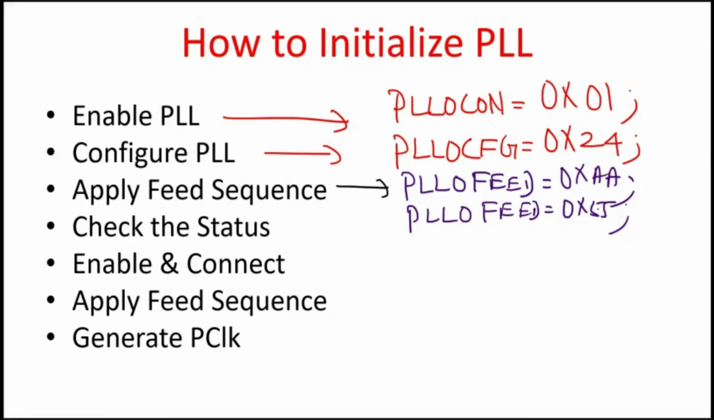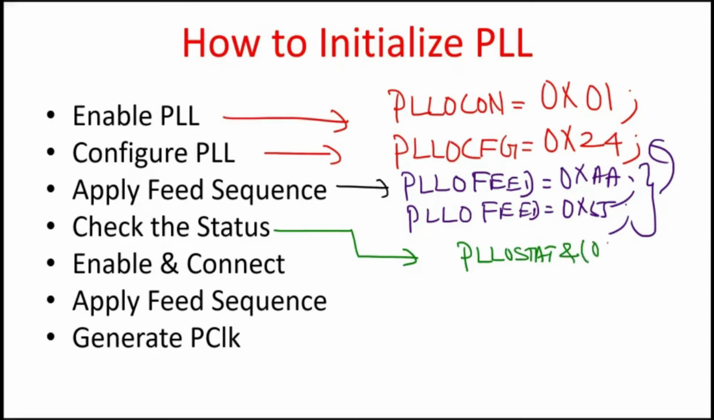The moment you apply the feed sequence, the microcontroller will start processing your request. What is my request? I want the PLL to generate 60 MHz. The microcontroller will now start the PLL and it will generate 60 MHz using the PLL. So as a designer, I have to make sure that whether it has achieved that 60 MHz. How do I do that? I check the status register, PLL 0 status register, and I perform